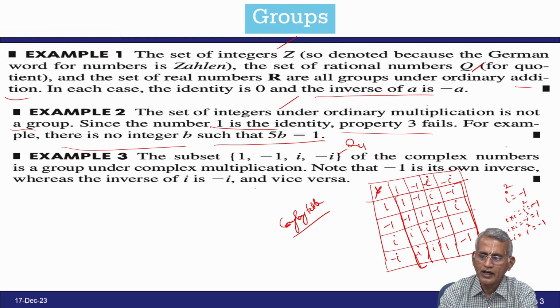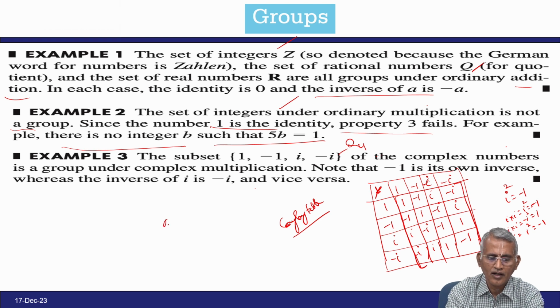You multiply any one of the elements from the column to the row, and then you can see the elements will be reflected in first row, second row, third row and fourth row. It seems that all the elements are in the same set we have chosen, therefore, it is closed. And then you take any 3 elements and multiply them, that also satisfies